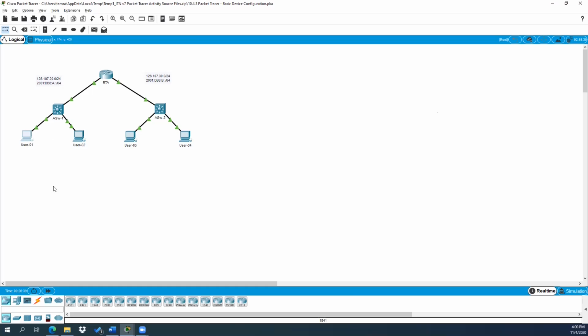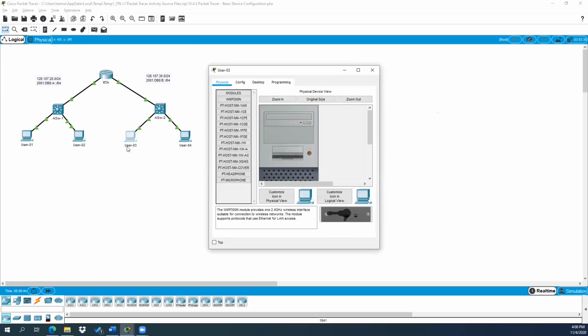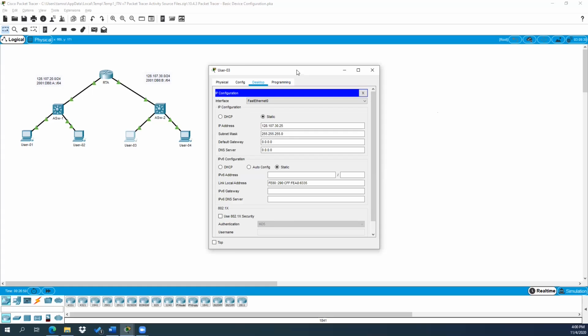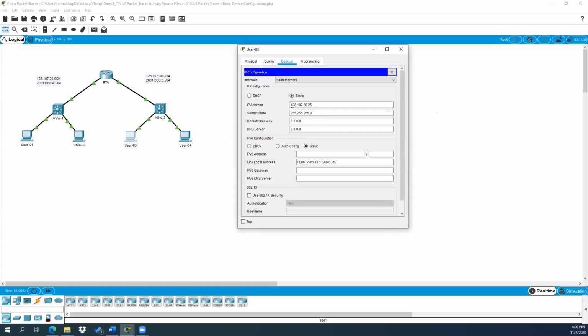What we are going to do, let's go ahead and move on to user 3. And then if we have a problem, we'll go back. So we're going to take a look at the IP address of user 3. And they have an IP address of 128.107.30.25. Let's see, 128.107.30.25. Yes, that is a good valid host with a 255.255.255.0. Let's put in our default gateway,